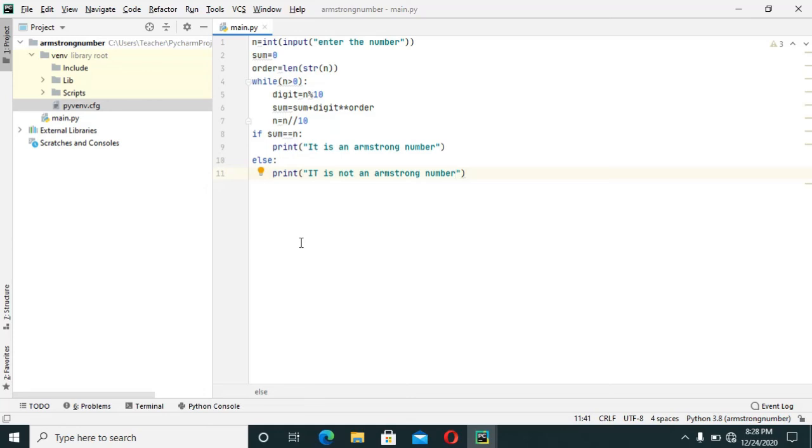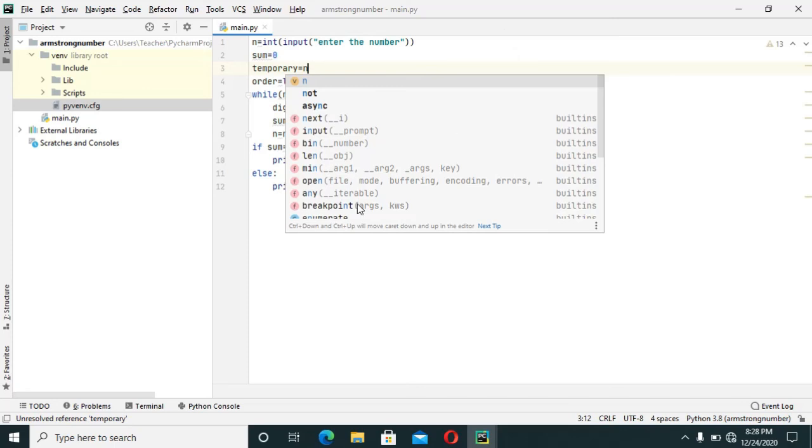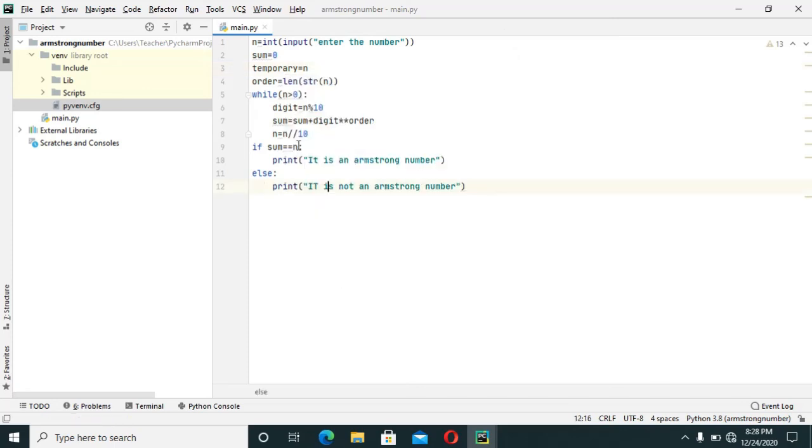So we need to copy the number entered by the user into another variable so it remains as it is. So now we write it as temporary equals n. So now we will do some modification here. We'll check sum is equal to temporary or not.